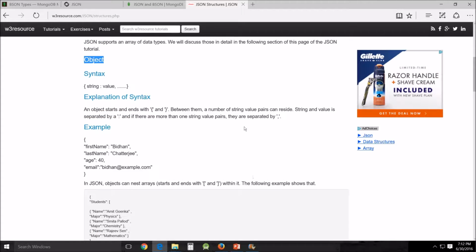Next, I want to talk about the different data types that JSON supports. There are objects, which associate an array or key value pairs. The basic object syntax is the curly bracket, string, colon, value. Sometimes there'll be a comma followed by another value and then closing curly brackets. Notice that the object starts and ends with the curly brackets. Strings and values are separated by the colon,